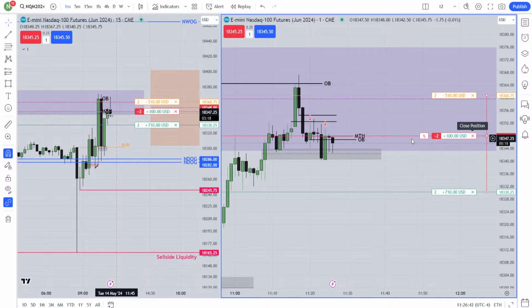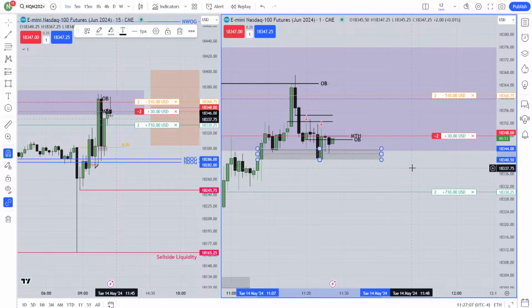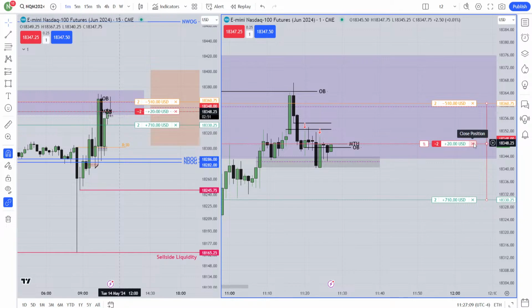Like over here for me, if I see a body close above the min threshold, that's done for me. I'll close my trade. I don't care about anything else. If it keeps falling, I mean, stays below this min threshold, I'm cool with that. How long it will stay over there, I don't know. Until it is below this min threshold, I'm cool. If I get a body close below this fair value gap, I'll be very happy to see that as well.